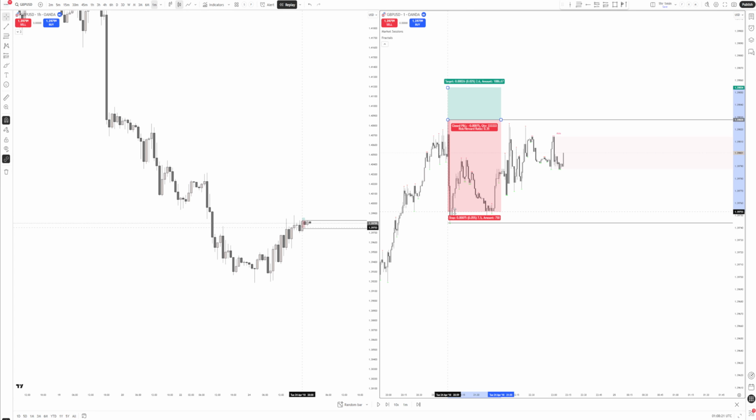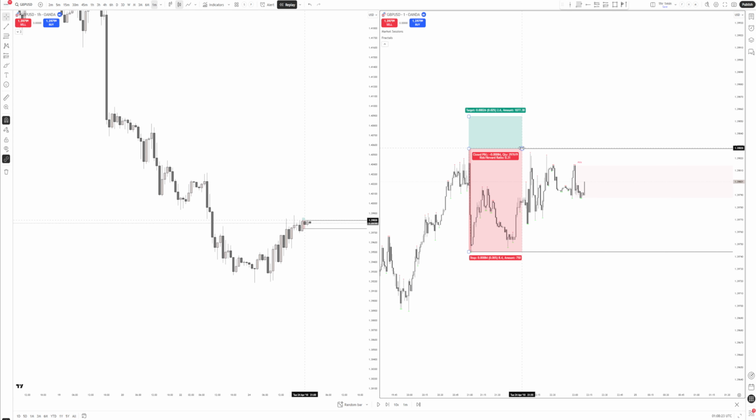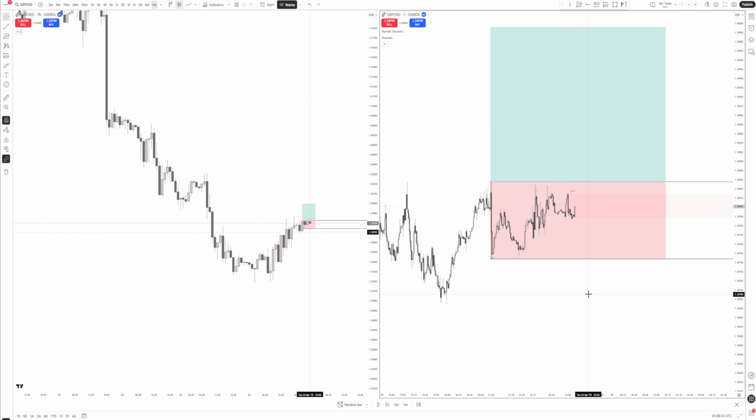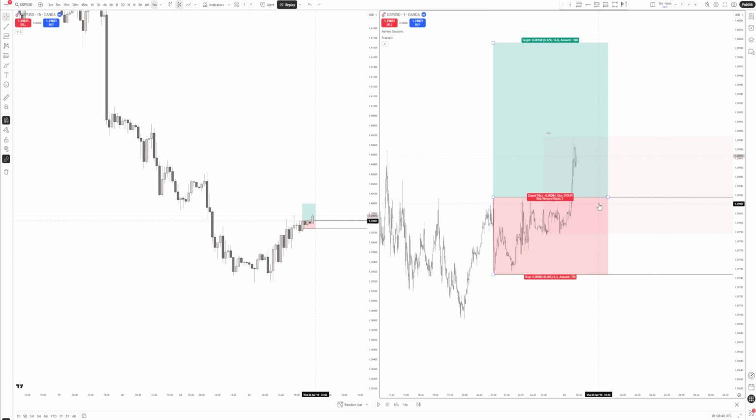Now the stop loss is going to be massive. It's going to be something like this, and we're going to go for a 2-1. Now this is for you lot that are just so impatient and want to get into a trade. There you go, we entered the trade, we are in the trade now,